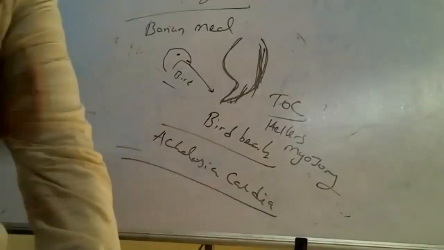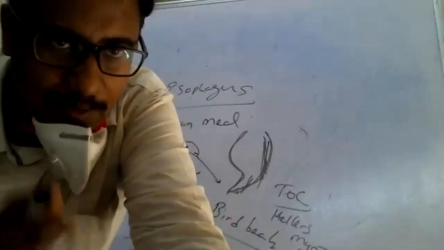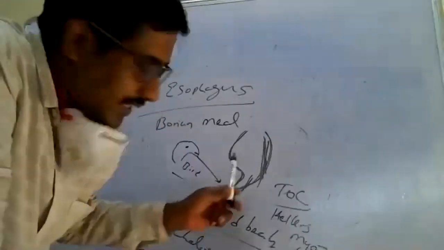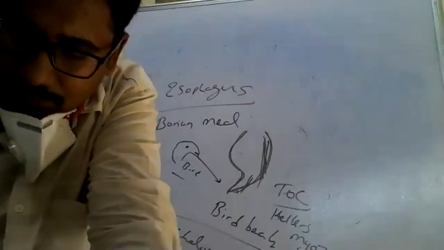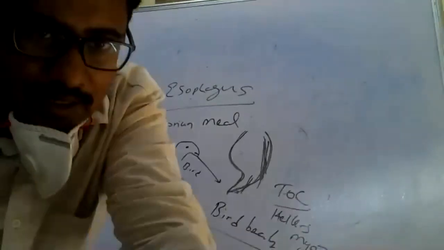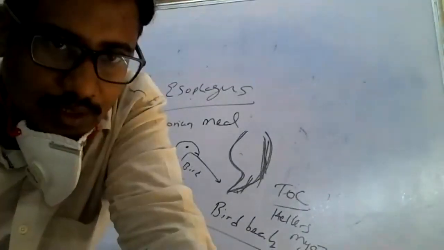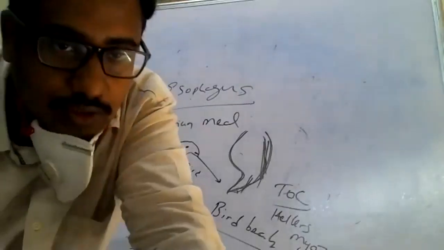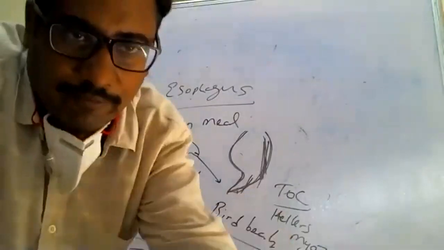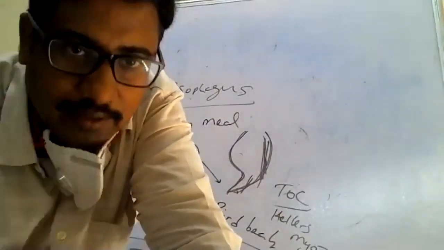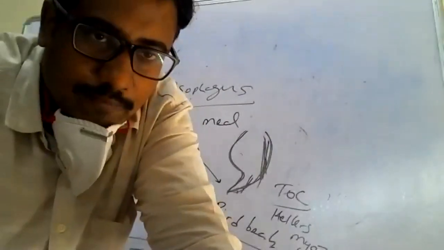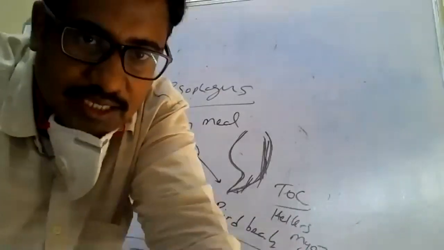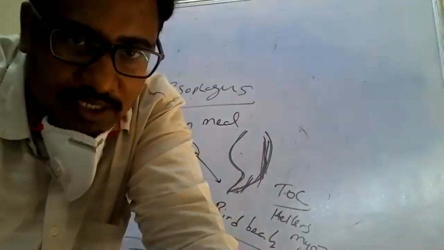So what are the features of achalasia cardia? It is because of absence of the myenteric plexus. So the segment which does not have myenteric plexus is dilated. Dysphagia is more for liquids compared to solids. The pressure at the lower esophageal sphincter is more than 35 mm of Hg. The investigation of choice for achalasia cardia is manometry. What is the treatment of choice? The treatment of choice is a myotomy called Heller's myotomy.